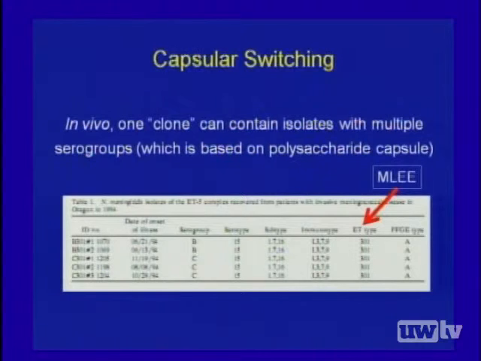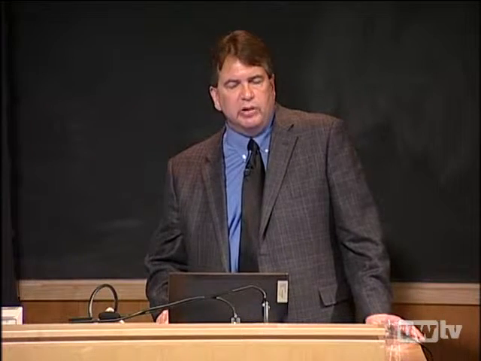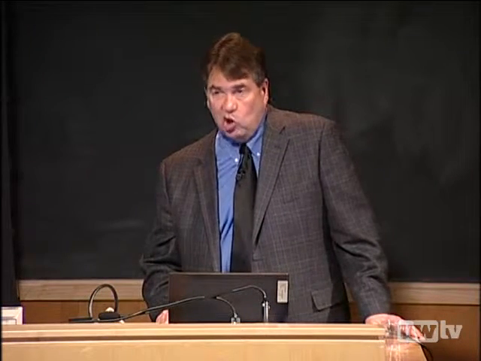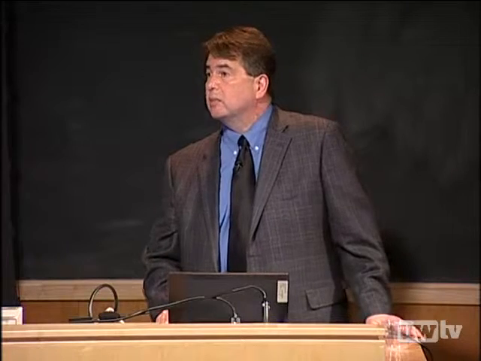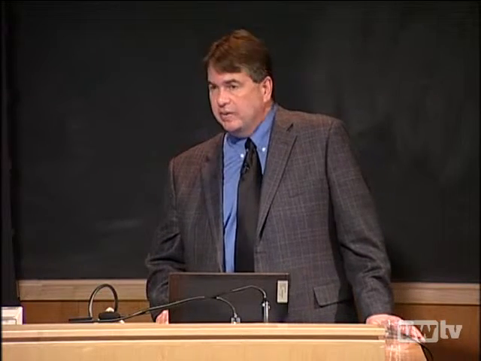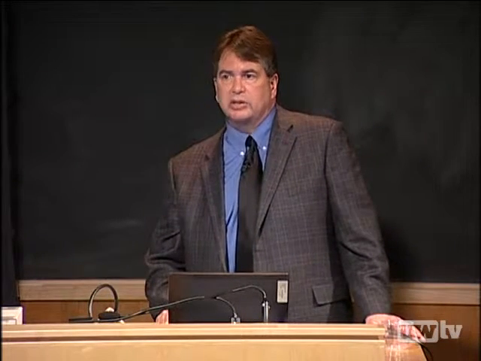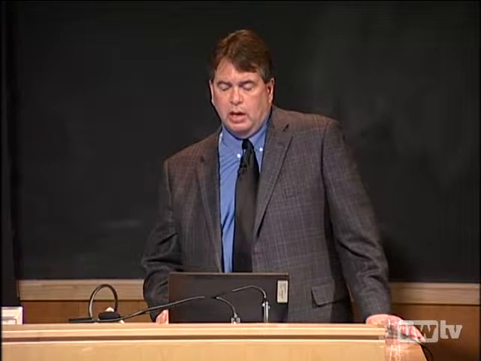And they all have the same PFGE pattern, but they have different capsules and therefore are put into different serogroups. The top 2 are B and the bottom 3 are C. So the takeaway here is that in vivo we were able to show that even though these are clonal organisms, they're in fact presenting with multiple serogroups, which is based on the polysaccharide capsule. And in fact, there was a replacement just in that particular gene, so that it was producing a C coat instead